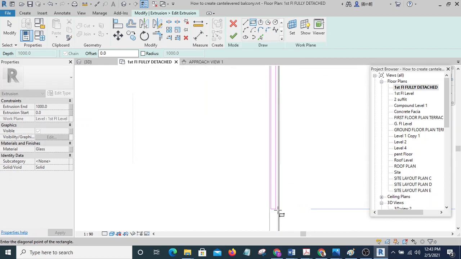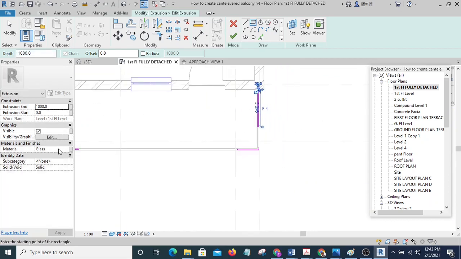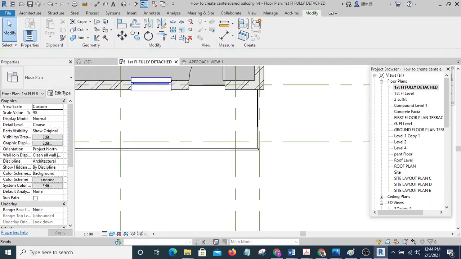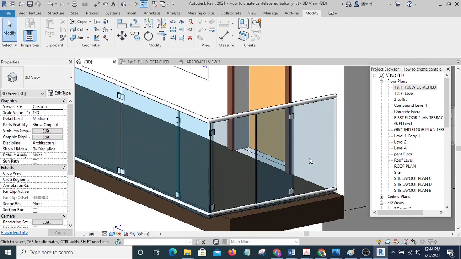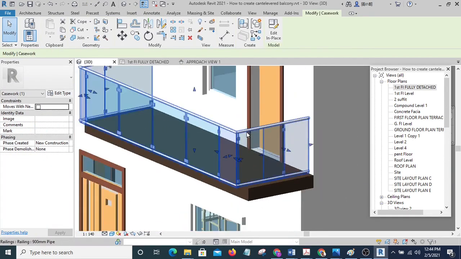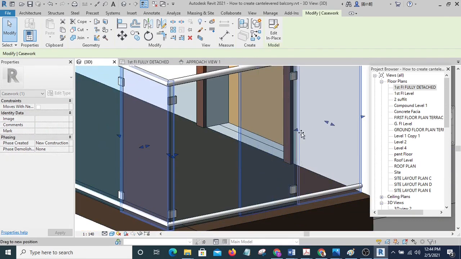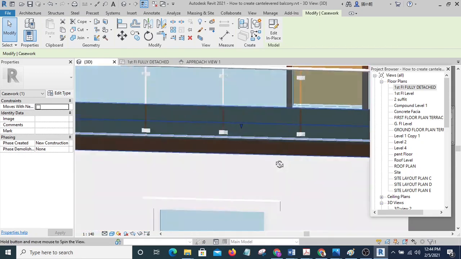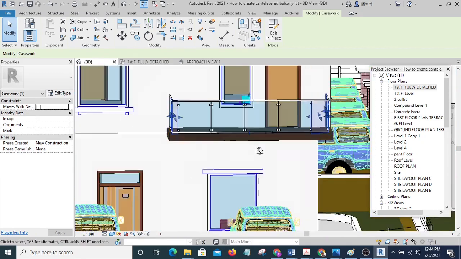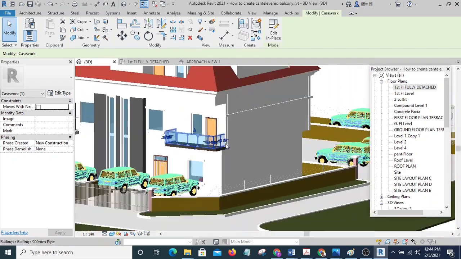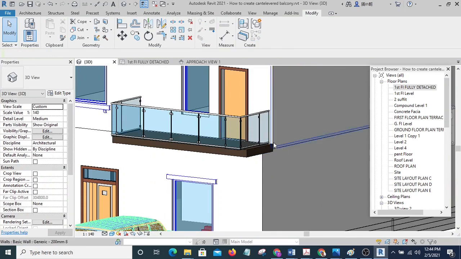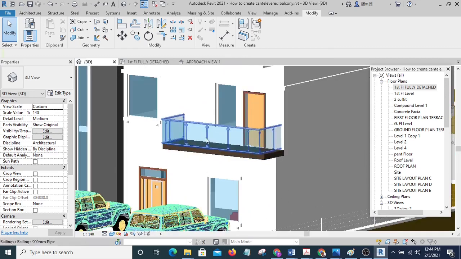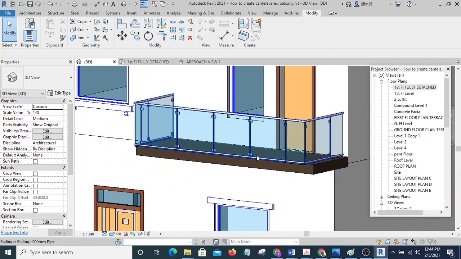Then I'm going to draw a rectangle, and the material, make sure it's glass. Then I'm going to mark this. I'm going to finish it. Then you see it has covered. But I want it to blend with this, so I'm going to drag that node, and here we go. It's okay. So I'm going to finish that. Now you have your balcony and a glass, and this is more realistic.